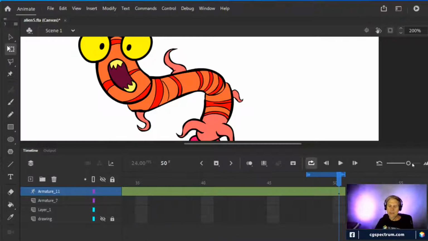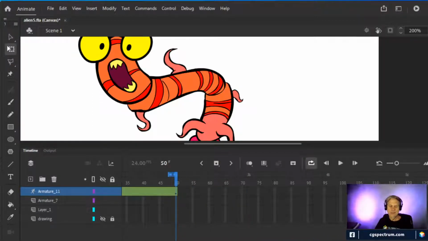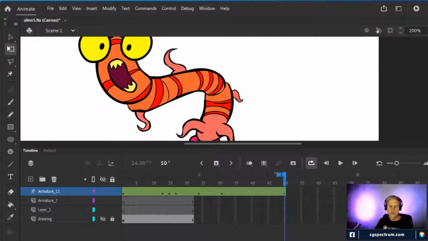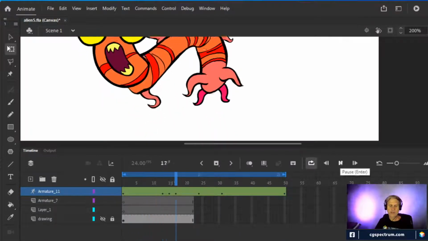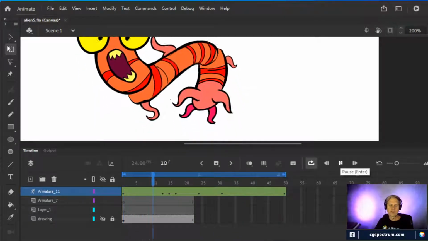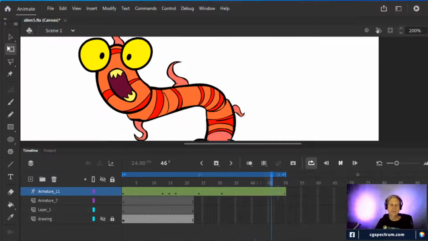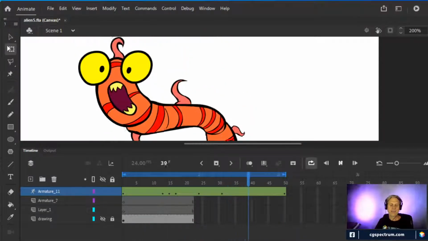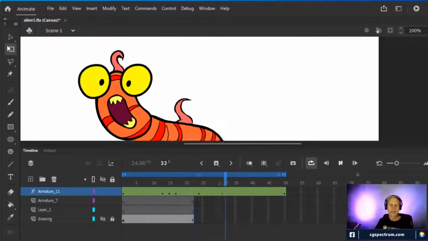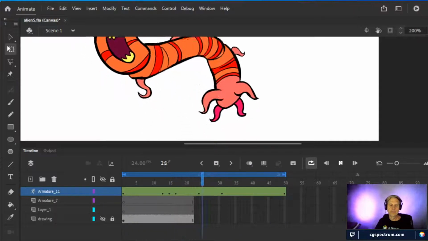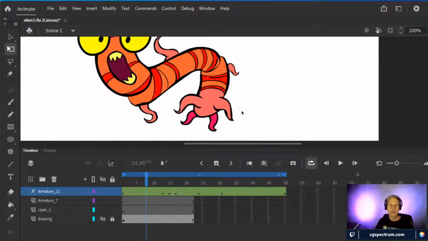Let's go back and make this run the entire length of the scene so you can watch it going over and over and over again. So what you're seeing is basically I animated the body to go up and down, and then the middle body to rotate a little bit, and then the third digit of the body to rotate a little bit. But each one of them is on a separate layer and can be